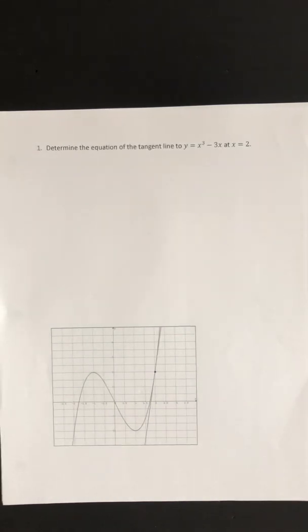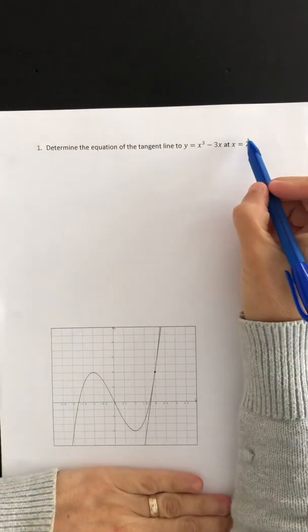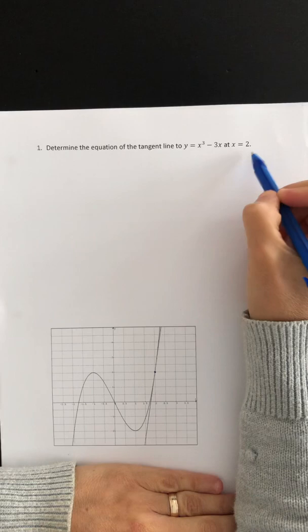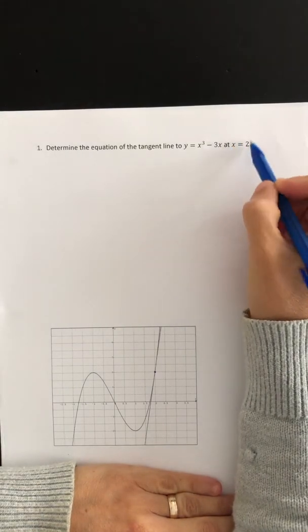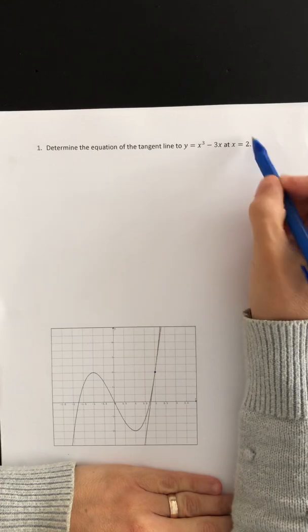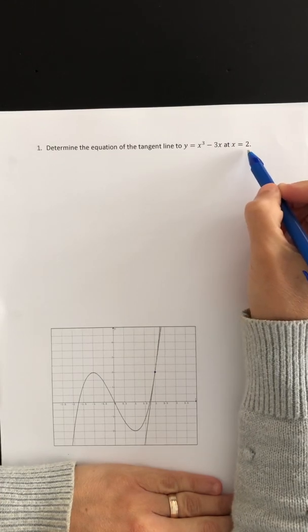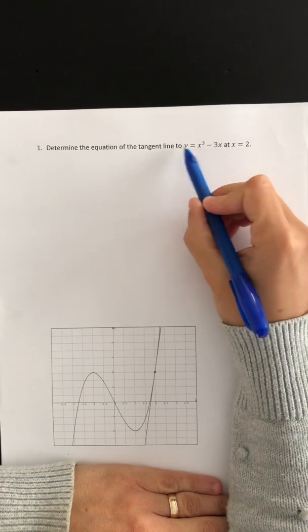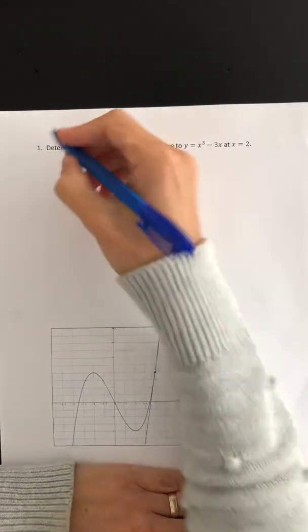Okay, so let's read the question. It says, determine the equation of the tangent line to y equals x cubed minus 3x at x equals 2. Now remember, in order to determine the equation of the line, we need both a slope and a point. Now, thus far, we know an x value. So we can begin by finding the y value that would go with this x value. And you know that that's done simply by substituting into the equation. So we can say